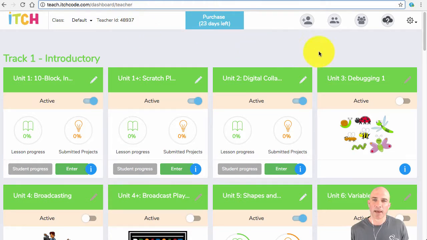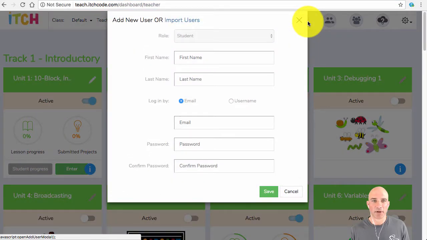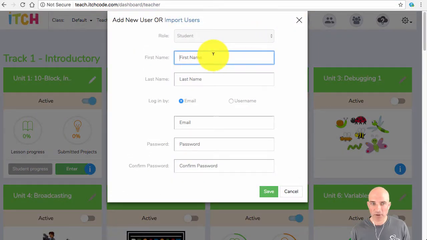So the first step really you'll want to do is add the students to your academy that you're looking to have work with you. So I'm going to add just a couple of test students to my academy. So I clicked on the add button there. So go ahead and do that together with me. I'm going to call this first person Sarah Test. Give her a username. Let's make up something, Sarah T, and I'm going to give her a Sarah password,